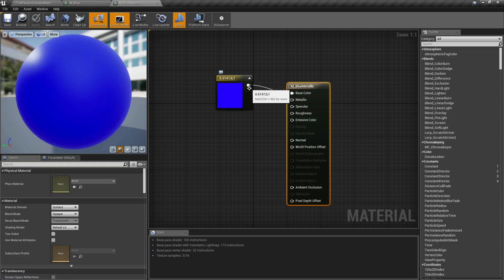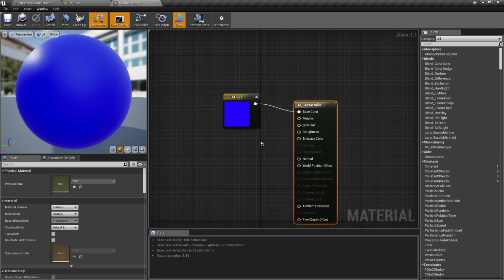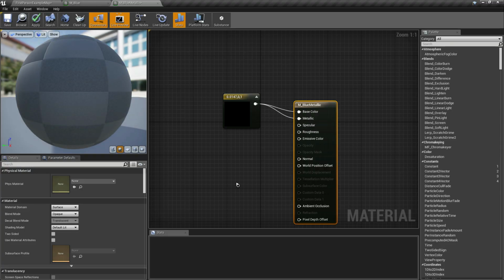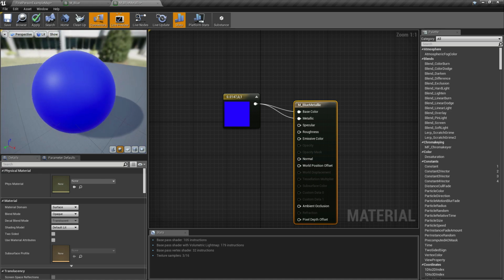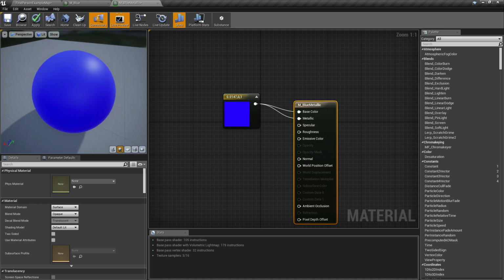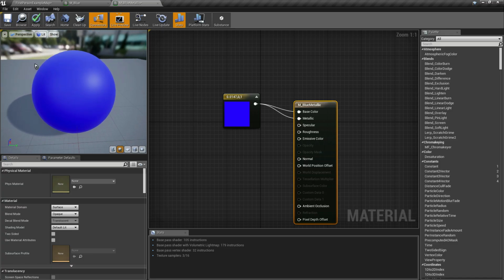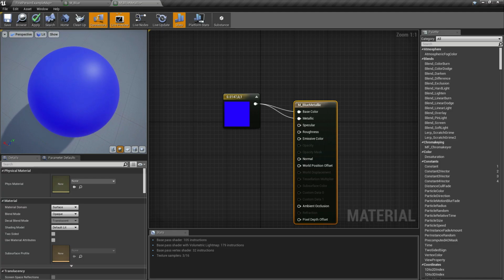In a simple way to apply the metallic texture in our material, all we should do is connect this vector to the metallic, just like that. And as you can see, the texture changes, and we see a little bit of reflection, but it's most likely a little bit rough.